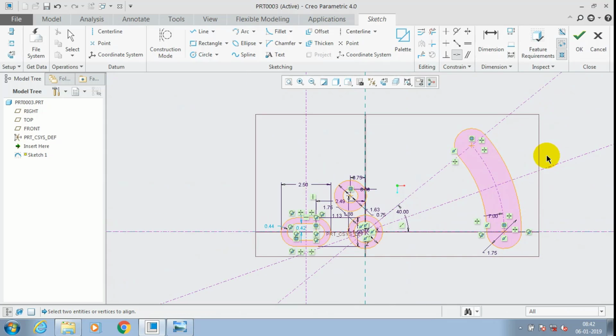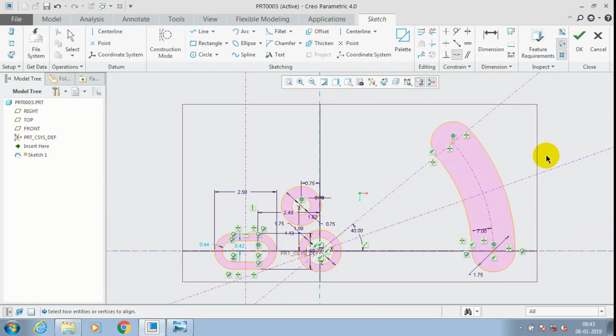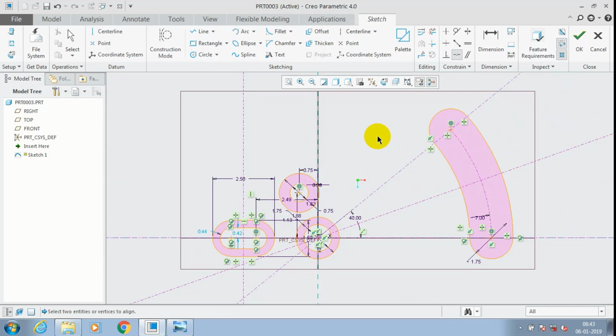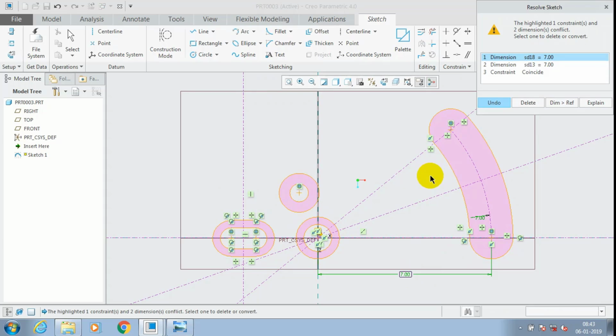Now we have successfully made the constraint, a coincident and concentric mate between the slot and circle. After that we need to specify the distance between the circle and the arc racetrack, such as the slot. While applying the center distance, it also causes trouble by over-defining the constraints, so we have to